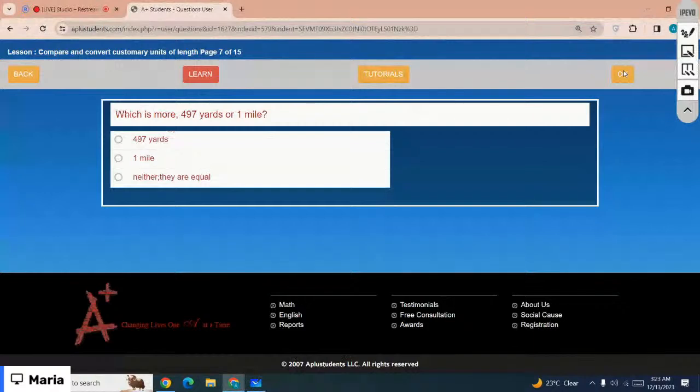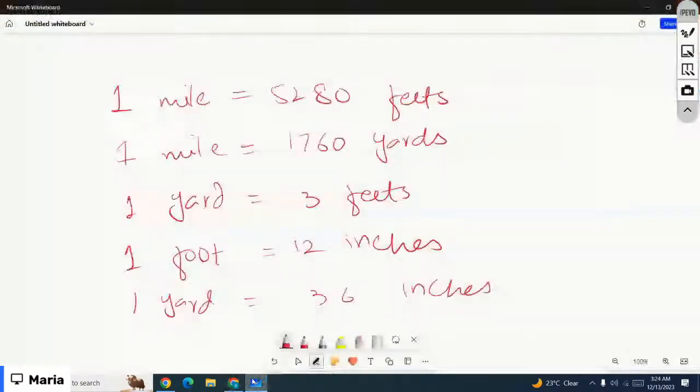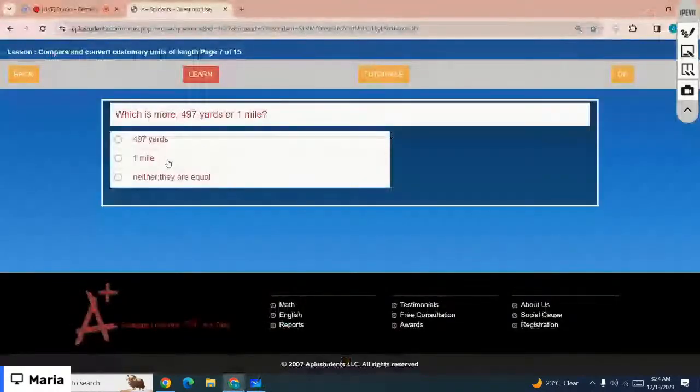Okay, the next one is which is more, 1 mile or 4,497 yards? So which is the correct option? You need to see 1 mile equals how many yards, right? So just look at the board. 1 mile equals 1,760 yards, right? So obviously 1 mile is more than 497 yards, right? The correct option is